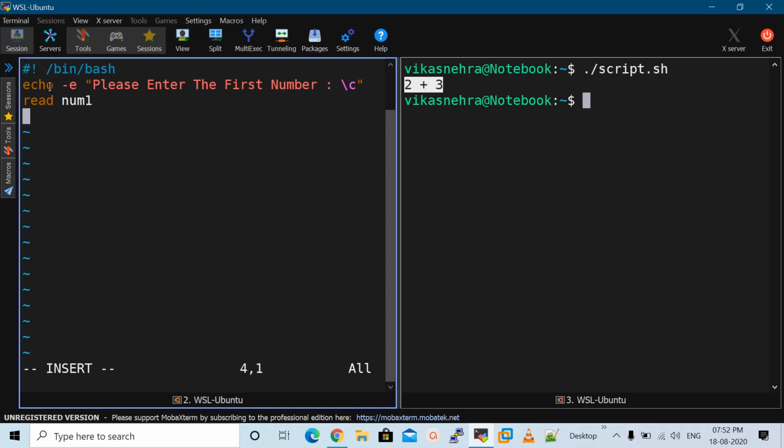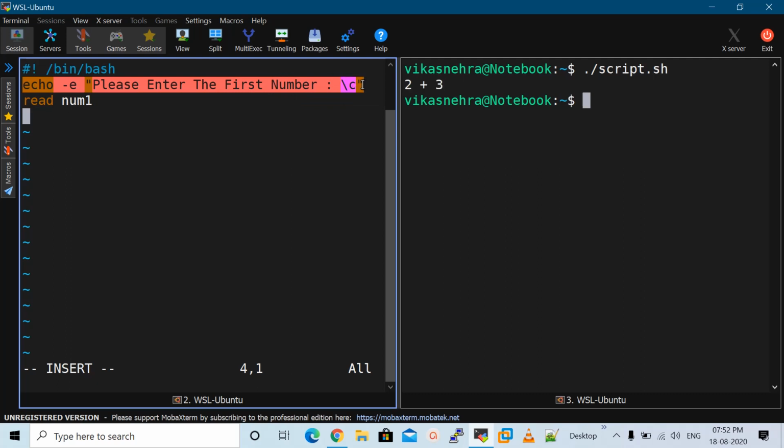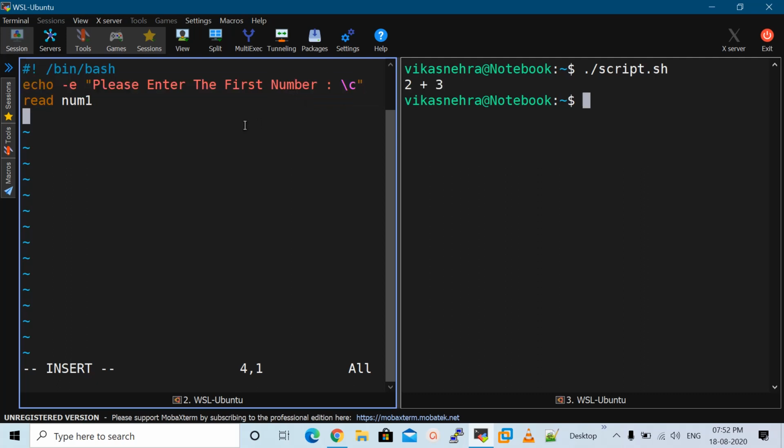Now I will again use the echo command to take the another input, and here I will mention please enter the second number like this. Now I will again use the read operator to store it in a variable, that is num2.